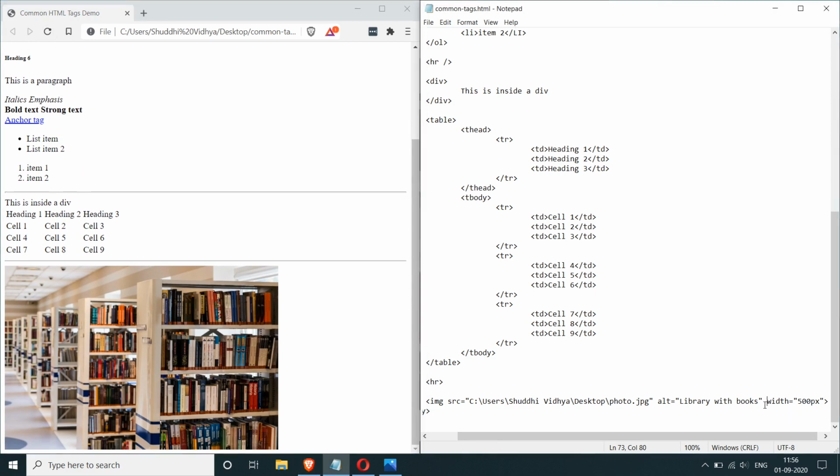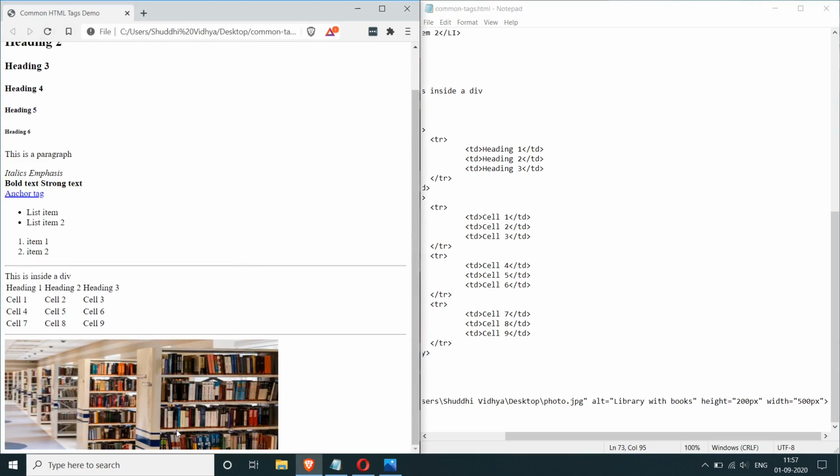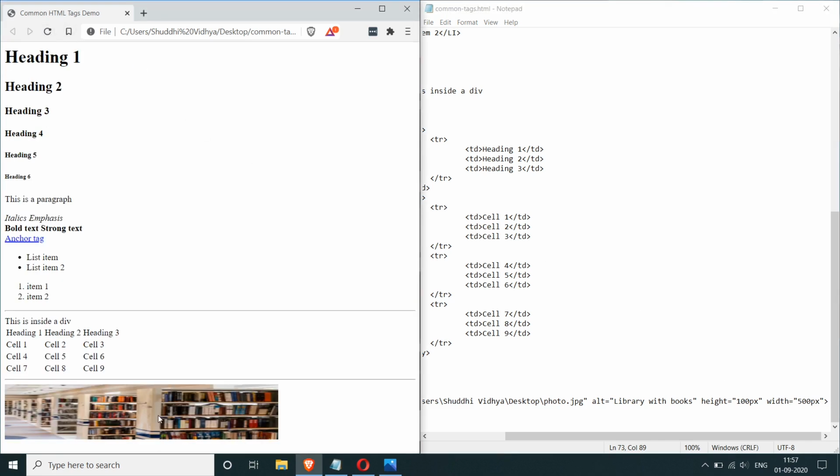You can also say height. So I'm going to save that and then click here. So you can see here that when I specify the height to be 200, the picture looks kind of squished. It doesn't look very good. You can also try doing like 100 pixels. And it'll look even worse. The reason being that you're modifying the aspect ratio of the image.